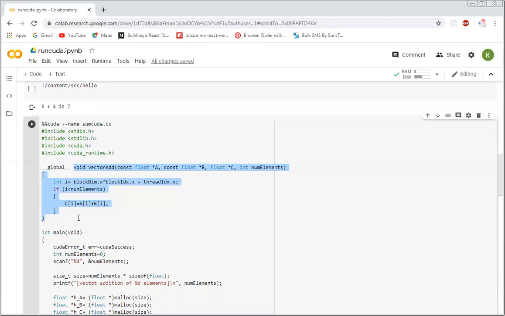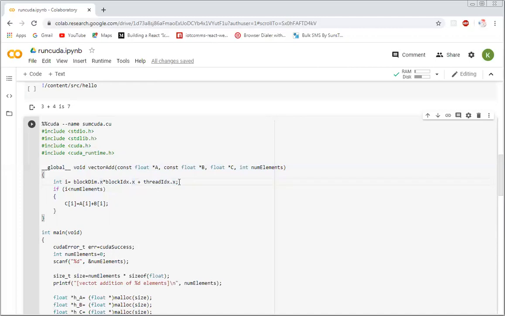So many threads are there, and all the threads are going to execute the same function. So you have to find out what is the thread index. How to do that? You will write i is equal to the thread ID, which is blockDim.x * blockIdx.x + threadIdx.x.